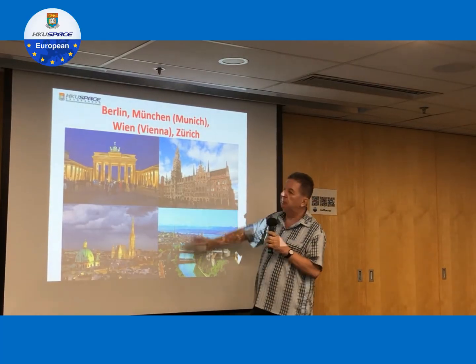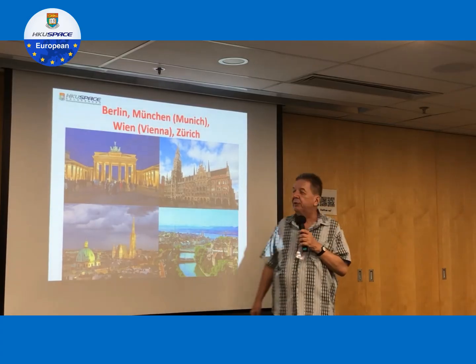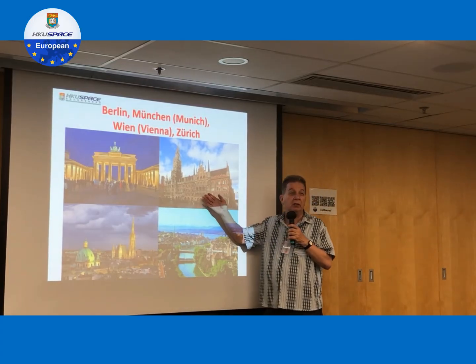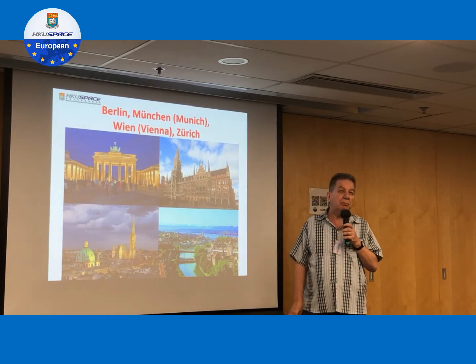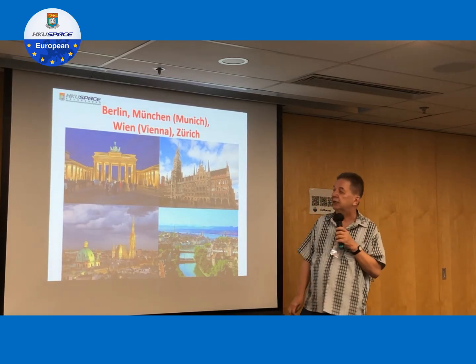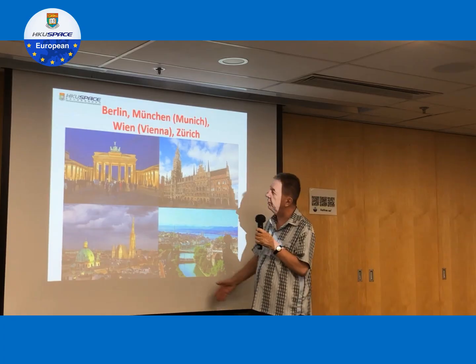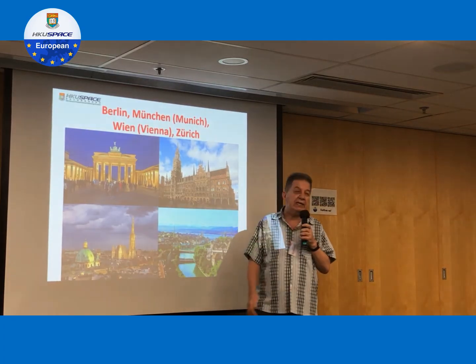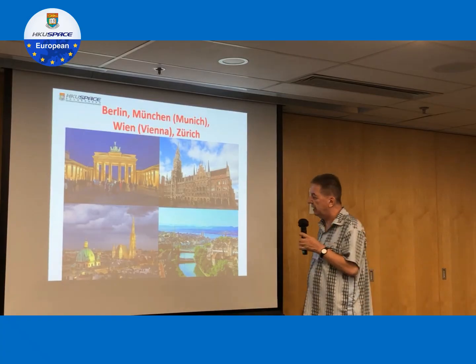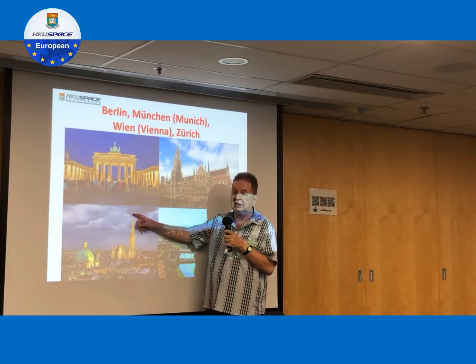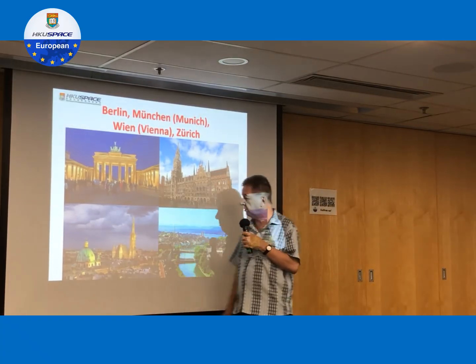And here we have München. The town hall in München looks like this. It's built in Gothic style, but it's built in the 19th century, right? It's not really Gothic. And then we have here, easy to recognize, Wien. Wien for Vienna. Everybody recognizes it because the cathedral has this tower here.